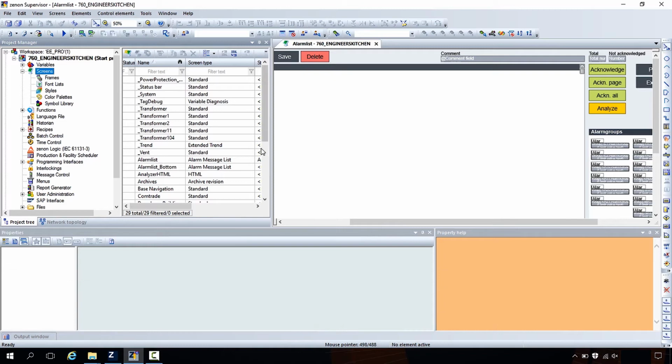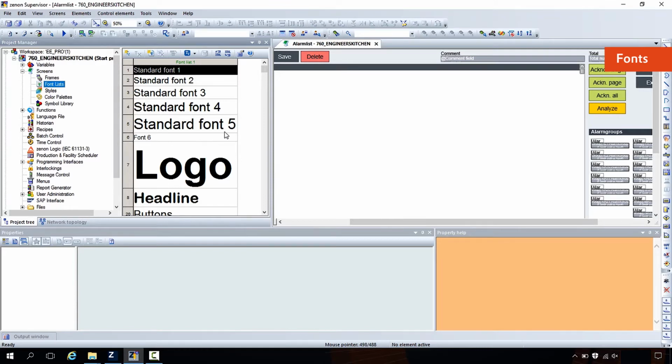In the Zendan editor we have everything which belongs to, let's say, the user interface combined in this folder, screens, in the project tree. Here you find, for example, the frames which define the general positions of all the stuff on the screen. So you mean the screen layout, where the navigation is? For example, yeah: display, navigation, status bar, whatever.